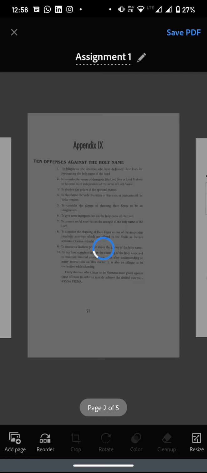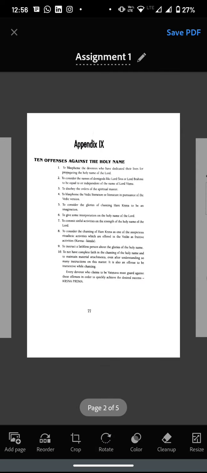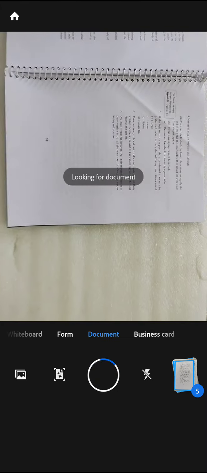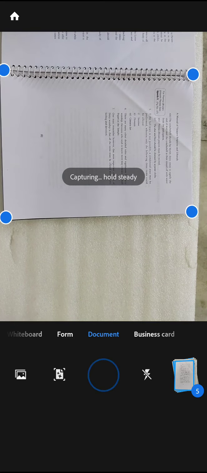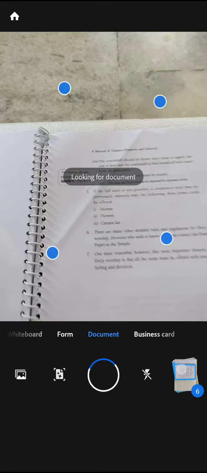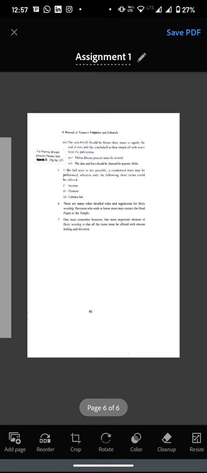Okay, now the next option is rotate. So here also you can rotate it like this. If you scanned in landscape mode and you want to rotate it, for example, if I want to add a page, I click add page, I click on take another photo and I scan it in landscape mode. Okay, so something like this. See, I scanned it in landscape mode, it captured. Okay, and now I continue, and this photo will come in landscape, but I don't want it to be in landscape, so I will just click on rotate and it will be in portrait mode.